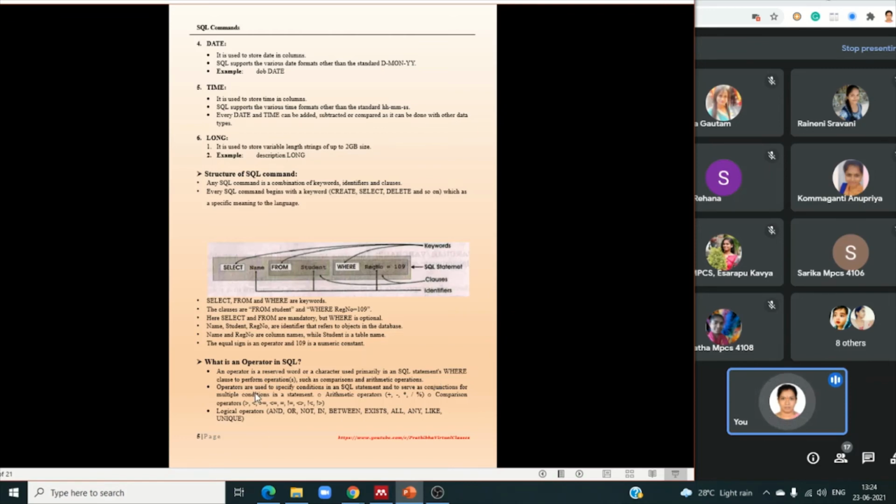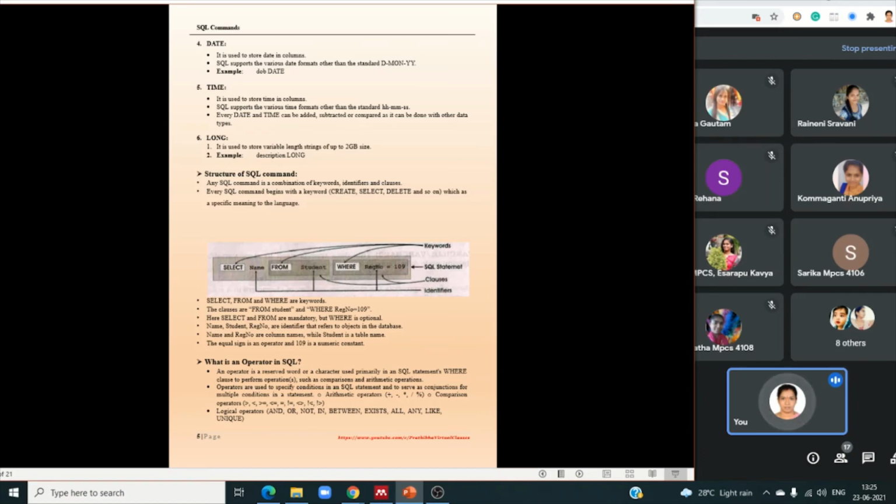These operators are used to specify the conditions in the SQL statement, and also to serve as conjunctions for multiple conditions in a statement. To combine multiple conditions we can also use these. For example, logical operators are used to combine multiple conditions.